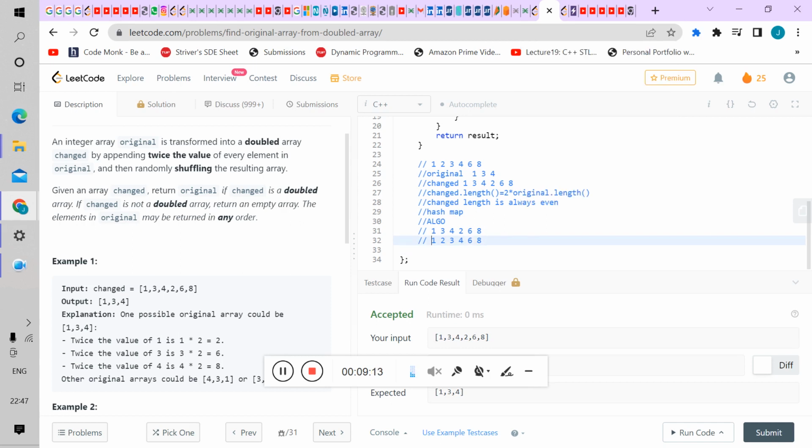But one thing you may be noticing: why did we sort this array? We can do it simply, right? You can do it on this particular array. So see one thing, right? You can think of one thing,